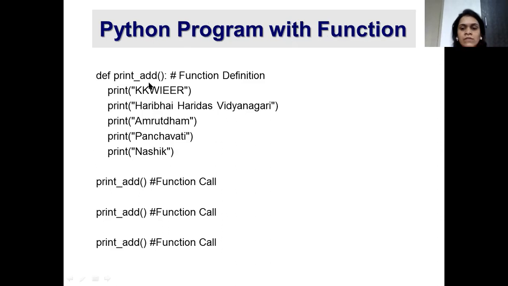The name of the function follows the same rules as the names of variables in Python. Then opening and closing round brackets. In these round brackets, you can specify any input arguments if required. Then a colon.